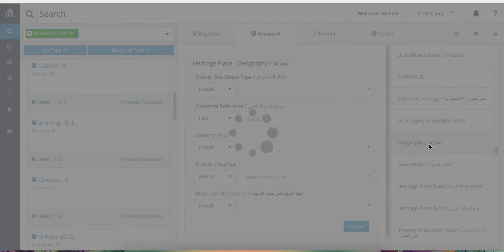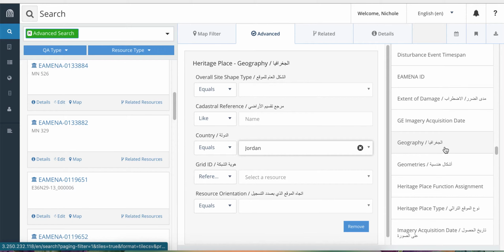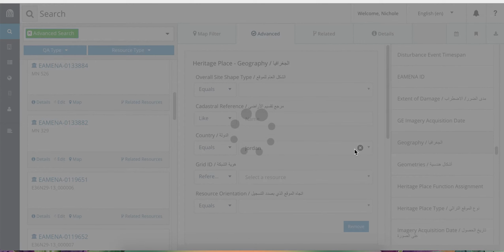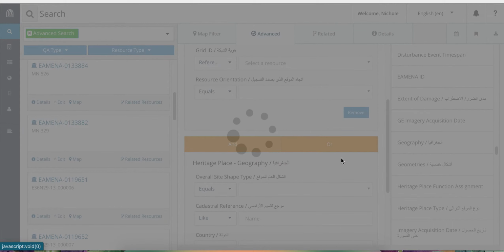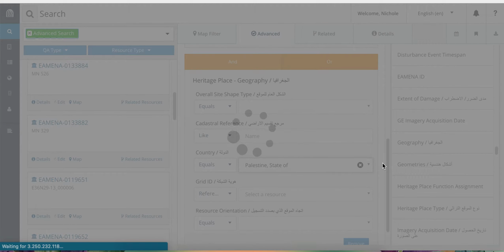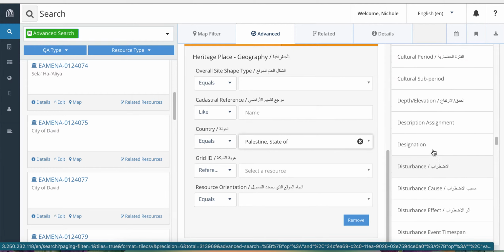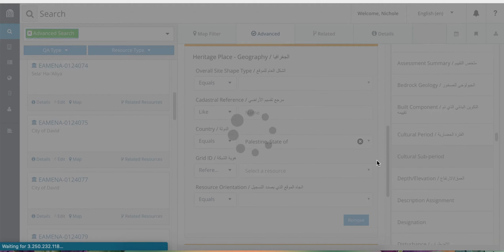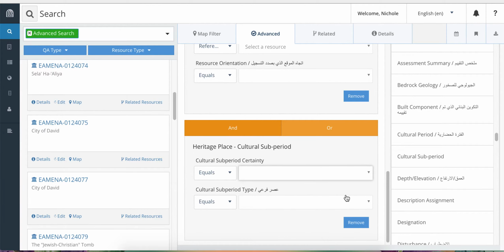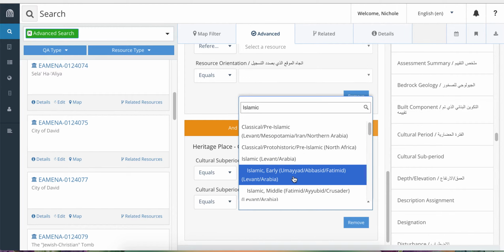You might say, I want all the sites in Jordan or Palestine which date to the Islamic early, so I'm going to choose Islamic early, and for Levant Arabia,